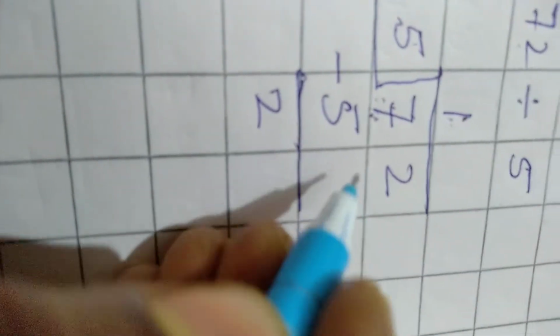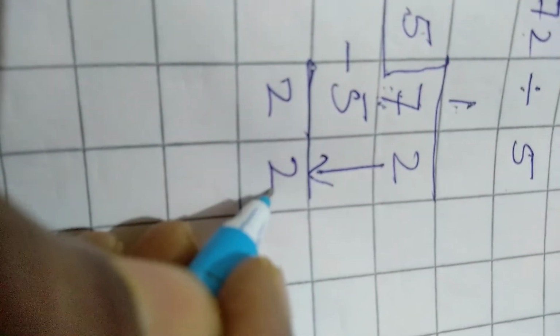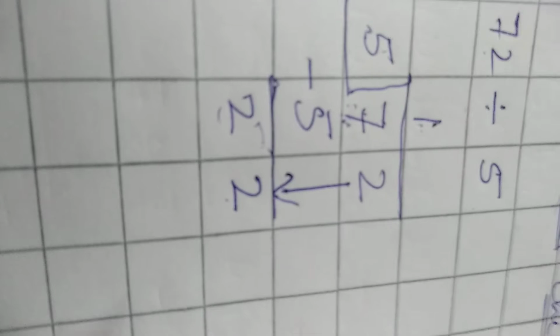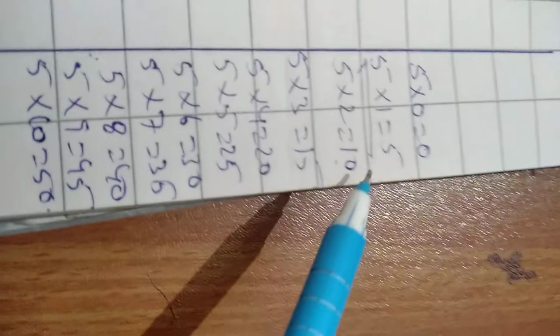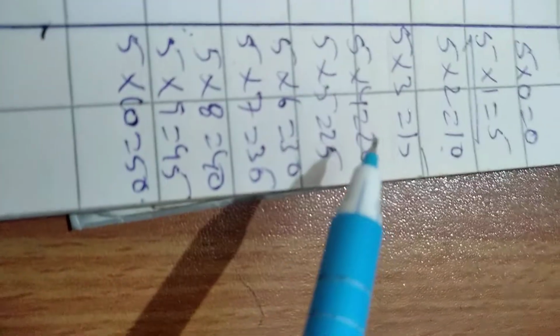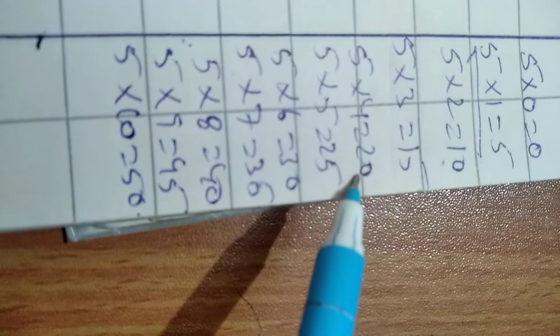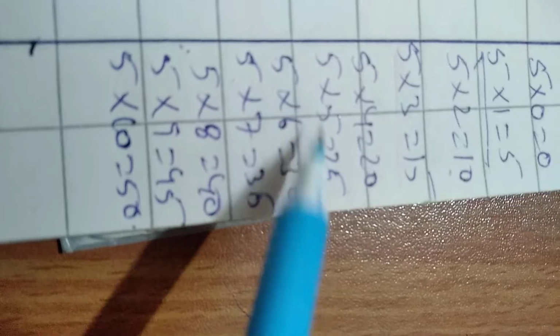Okay. Now this 2 is left over. This you will bring down, so the 2 comes down and it has become 22. Now again we will start the same thing: 22 is to be divided by 5. So 22, let us see, is there any 22 here? No. 22 is not there, but there is 5 fours are 20 and 5 fives are 25.